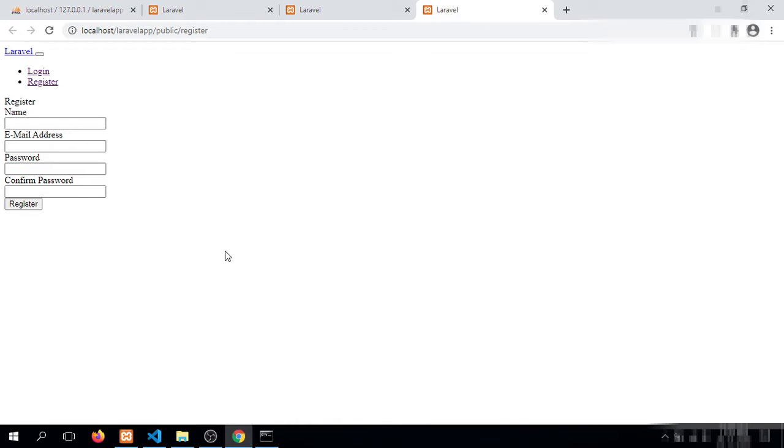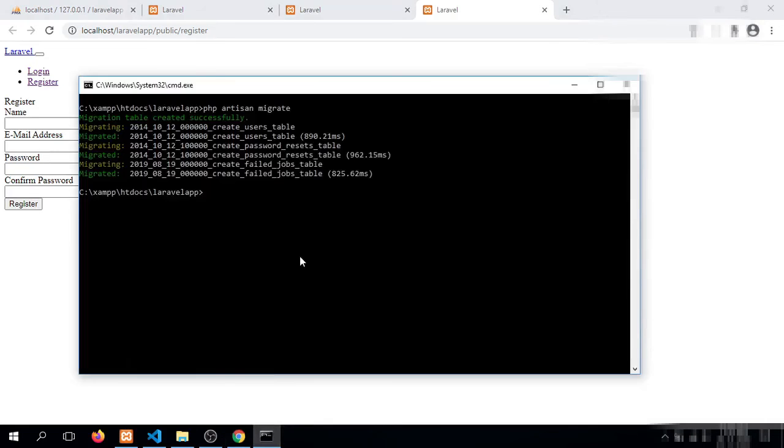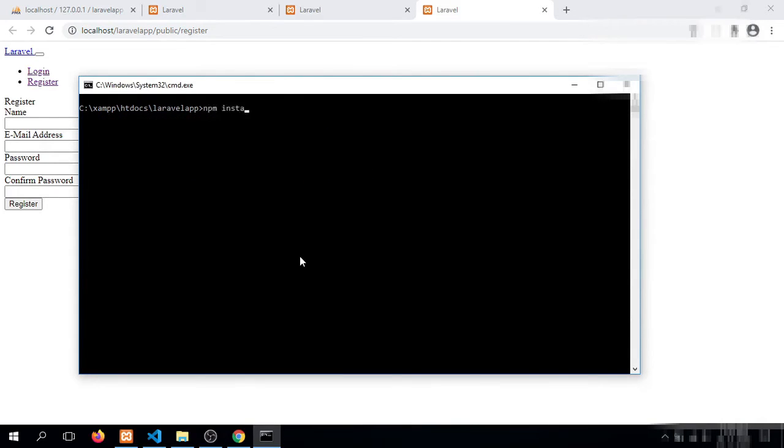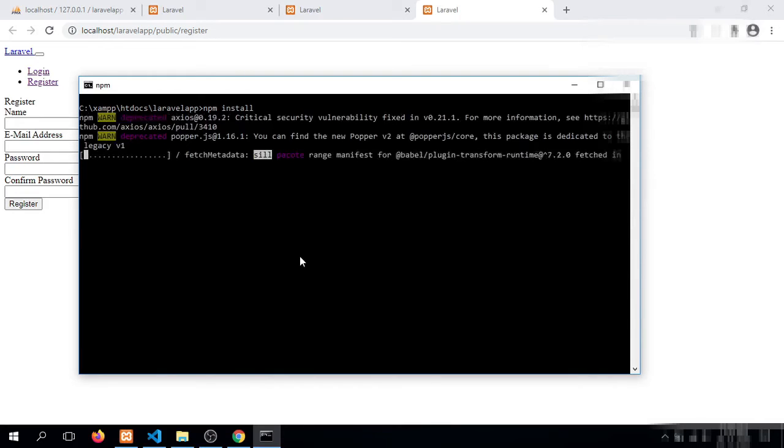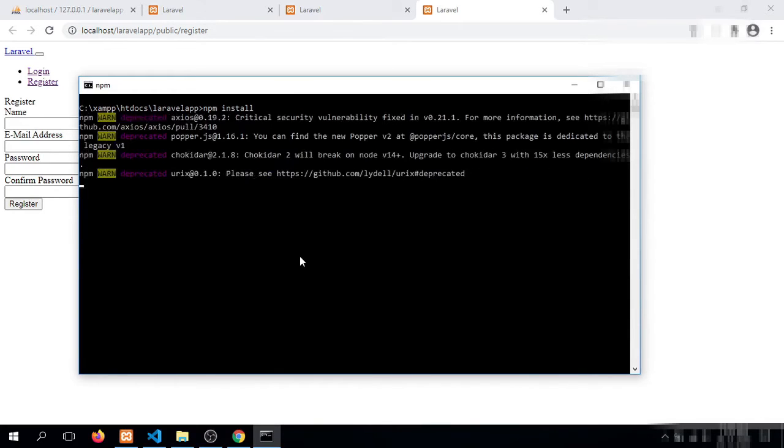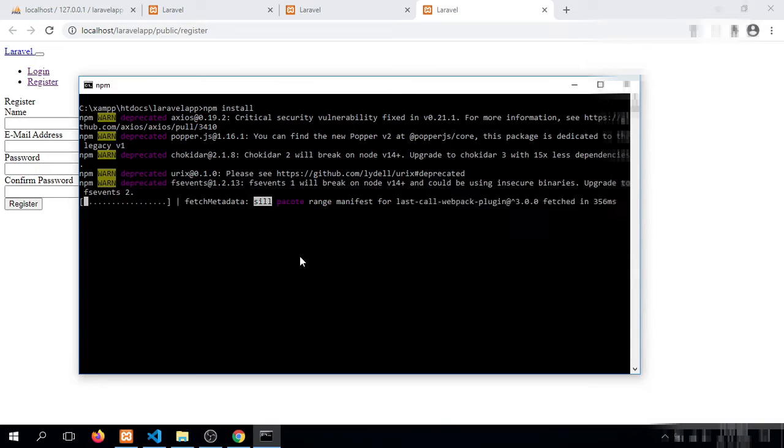The UI is not displaying perfectly, so we will have to execute some more commands. We are running npm install because we have configured Vue auth in our Laravel application, so it will require those particular library dependencies.